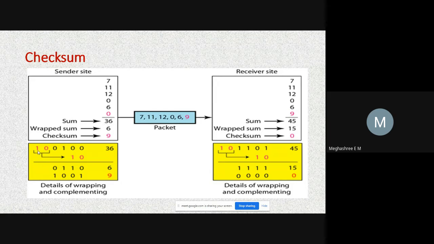That is 36 in the binary form. If you convert 36 into binary form, it will be 100100, the binary representation of decimal number 36. Now you have to perform wrapping, that is, the leftmost bits, 1 and 0, these two are the leftmost bits. I'm taking this and adding to the rightmost bits, that is 1 0. Add it up: 0 0 0 0 1 1 1 0. For this you have to take the complement. So how do you take the one's complement? Just